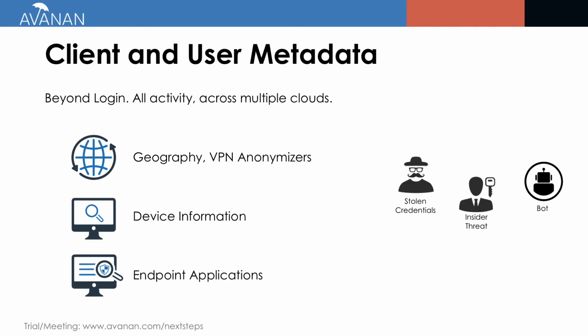So let's start with client and user metadata analysis. Avanan doesn't just focus on login events, but rather all activity in the cloud. We receive events whenever someone logs in, uploads a file, shares a file, or even sends an email. All of those events are associated with a device, an endpoint application, or even an IP address that can be translated into geography. From there, we assess whether it's accessing from an unknown device, if it's a new device, or from an insecure browser, if it's outdated, or maybe he's logging in from two places in a short amount of